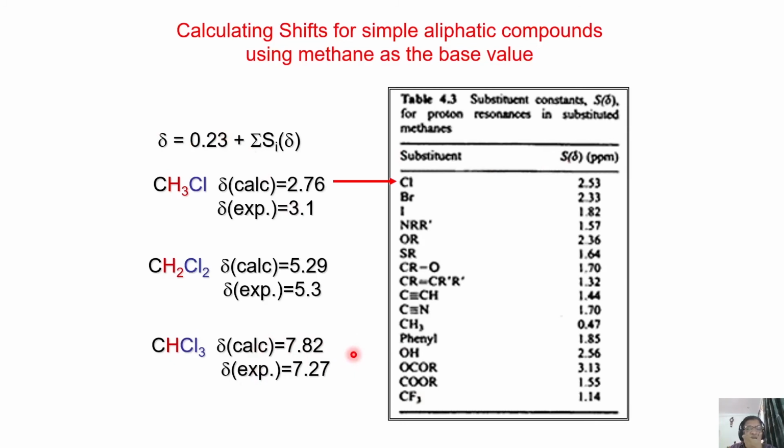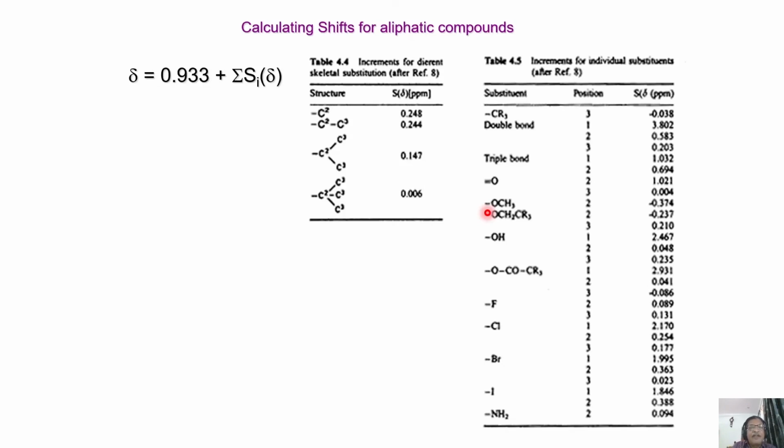So all this value of prediction of the chemical shift using Gibbs-Shealy rules gives you an idea about the contribution from the different substituents. You should know the contribution from each of these substituents. If you have a table, if you know the base value, you can arrive at an approximate value of the chemical shifts. You can predict it.